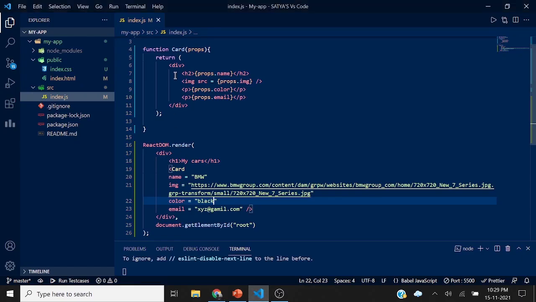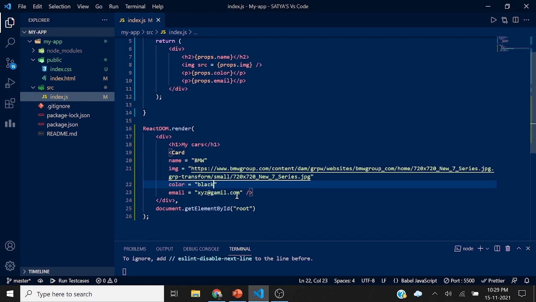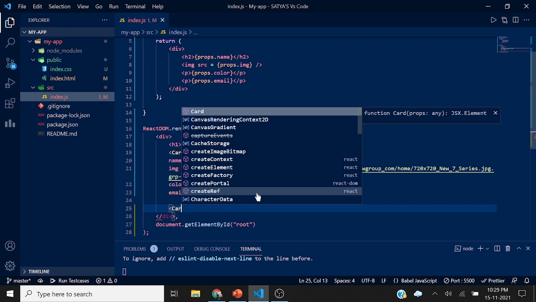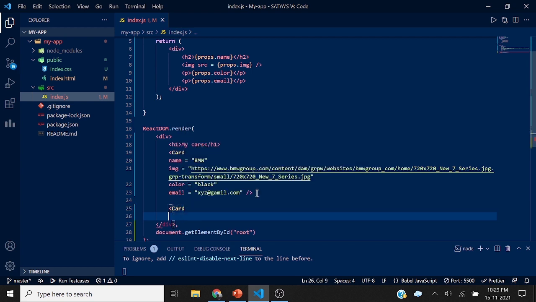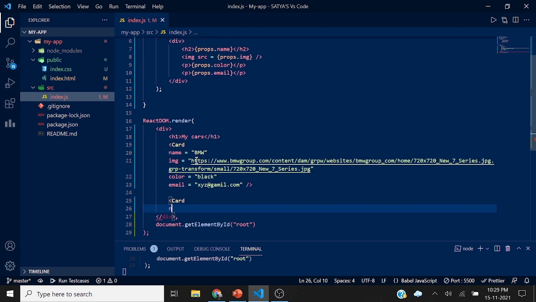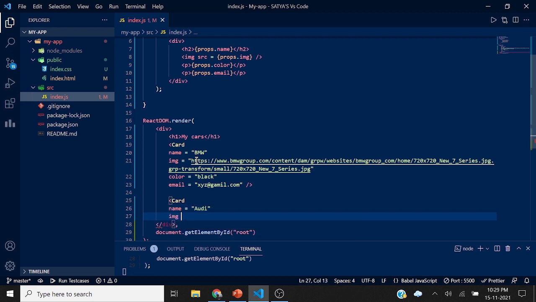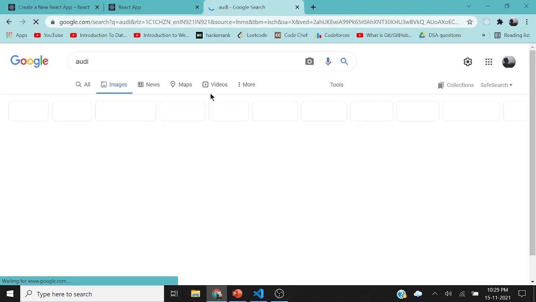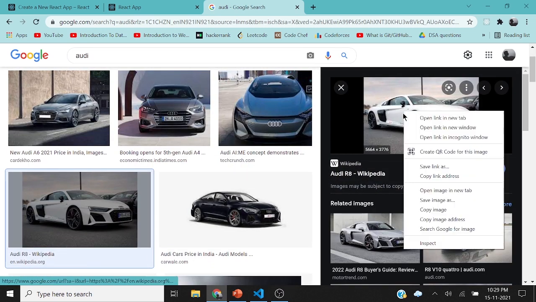Now by using props, we'll create another card so that we can create as many cards as we want. I'll create another card. Again I'll use the same props names: name, image, color, and email. They should be the same. For name I'll give Audi, and image, right? I need a URL, so I'll search for Audi images. We'll choose this.